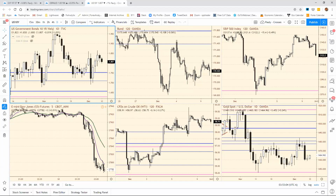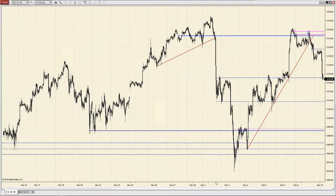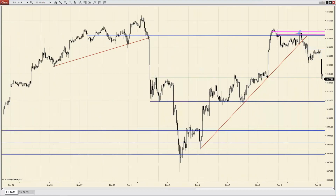And look at these S&Ps. Holy smokes, can you believe this? Look at how this market has really come back. This is a bit surprising because remember on the way back, we talked about the significance of 31.23. Look at this. We are still pressing even lower. Boy, and you don't want to be caught